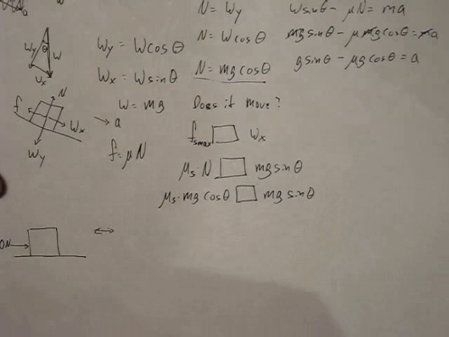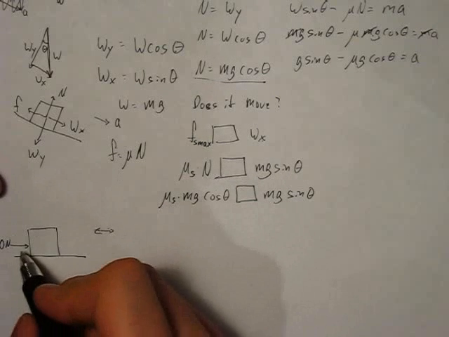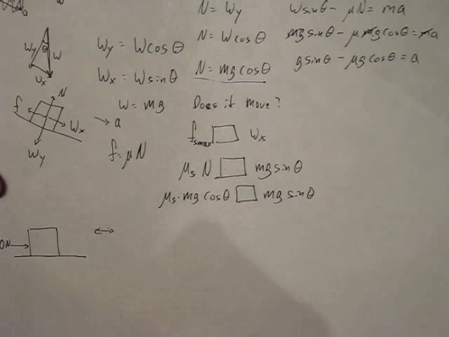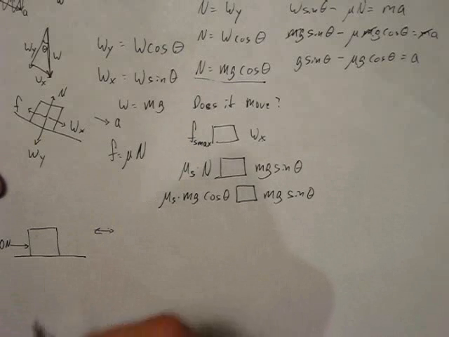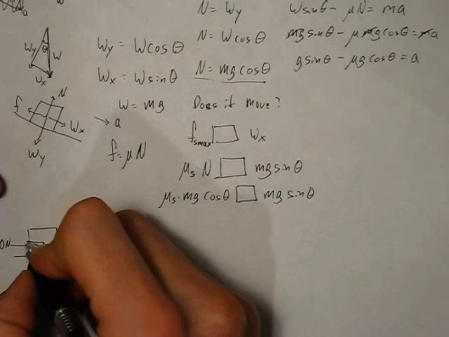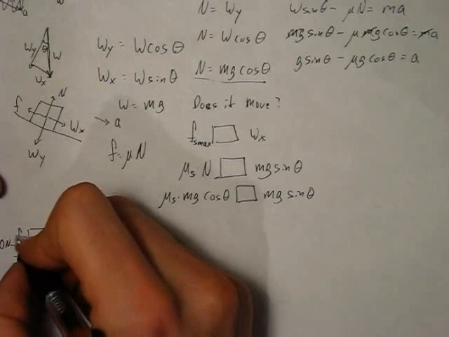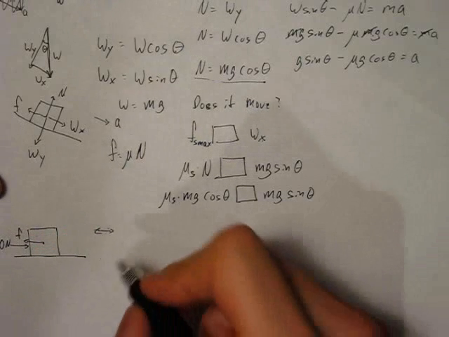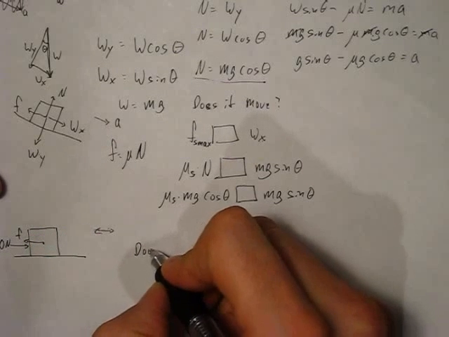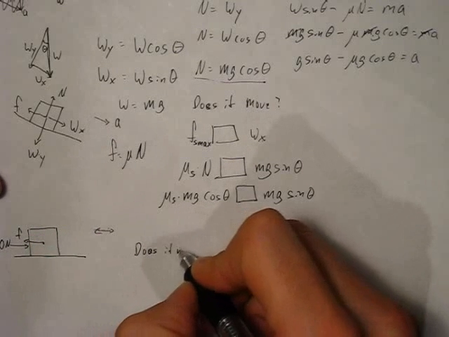So in order to determine whether it moves, we need to compare the forces that exist in this direction. In this case, we've got 20 newtons pushing it to the right, and because there is some friction, there's going to be a friction force pushing it to the left. So the structure is the same, but the specific force we plug in is different. To answer whether it moves,